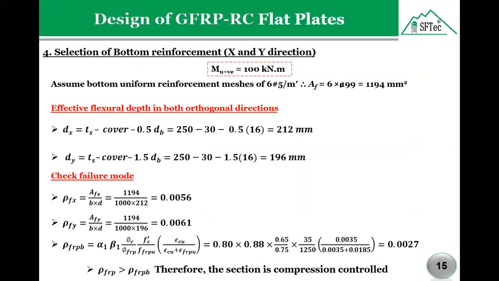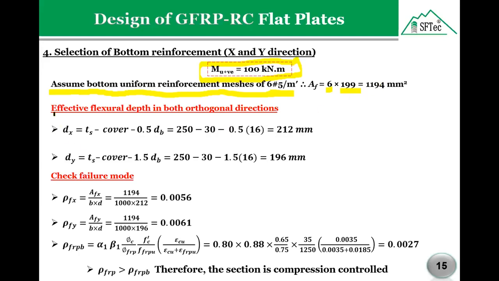And as we see, the most common spots in the X and Y direction carry the range from 0 to 100. So I took the range 100 kilonewton meter for the moment. So we are going to see how many bars are needed to cover this moment. As I did here, we are going to assume a bottom uniform reinforcement mesh of 6 bars number 5, and number 5 here is 16 millimeter. So I'm going to use 6 bars per meter, so 6 times the area of 1 bar. So the total Af here will be